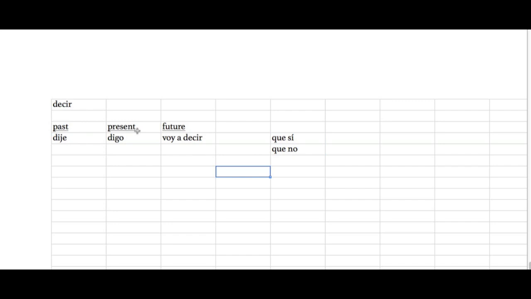Once we get into the verb decir, it becomes super important to get the indirect object pronouns. Now, these are on your map, bottom kind of right-hand corner. You see the indirect object pronouns. Now, that is whom you are saying something to. For example, if I say te dije, it means I told you. Or if I said le dije, it means I told him or her, depending on who you're talking about. So le dije,